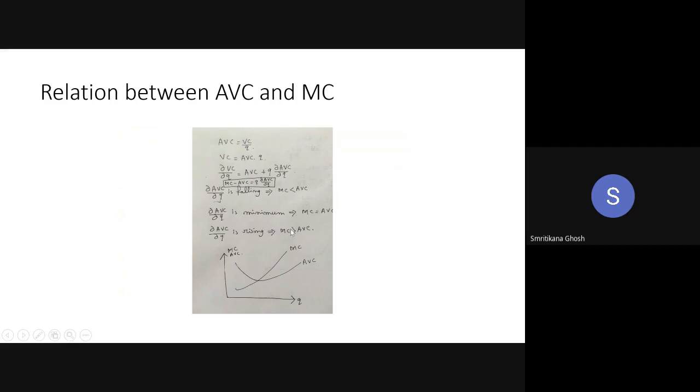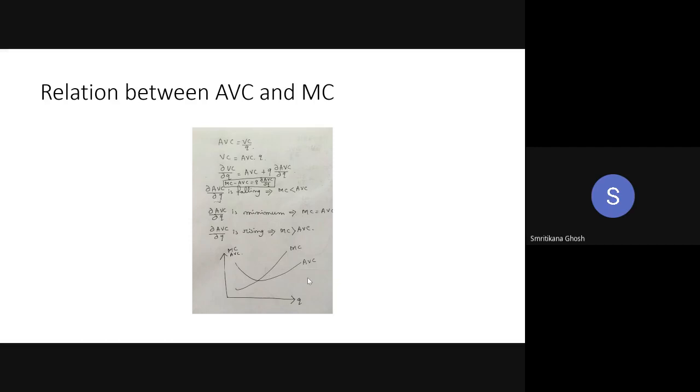The same thing, it's very similar. The relationship between AC and MC and the relationship between AVC and MC are very similar. So you can understand that MC is also intersecting AVC curve at its minimum. Okay, MC is intersecting AVC curve at the minimum of AVC curve. So MC is intersecting average cost at the minimum of AC curve. Okay, so these 2 points are clear because these are required.